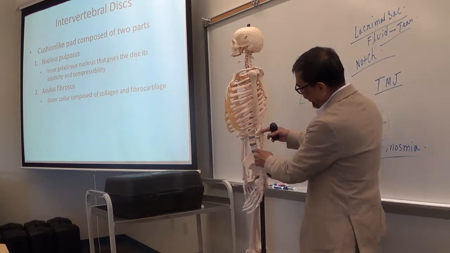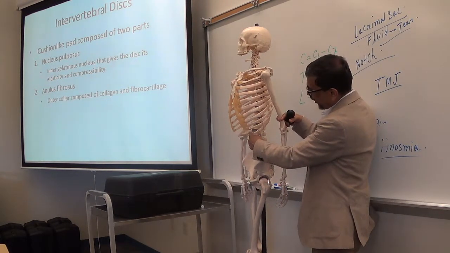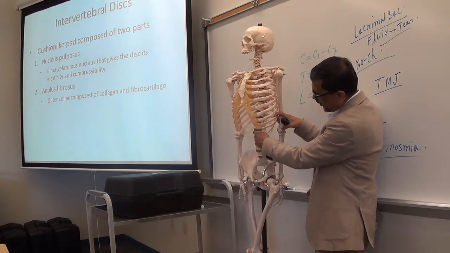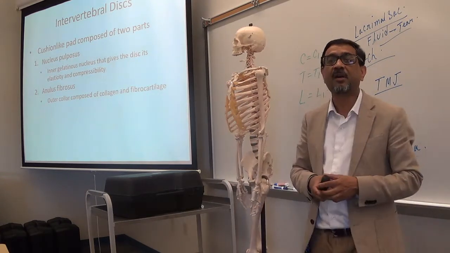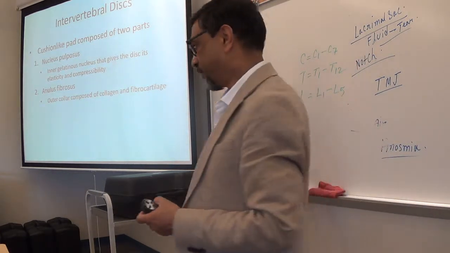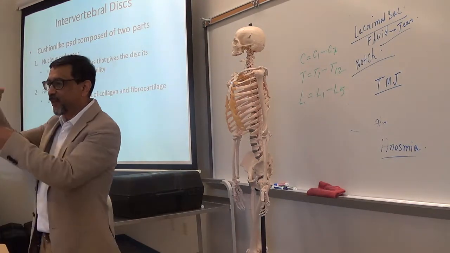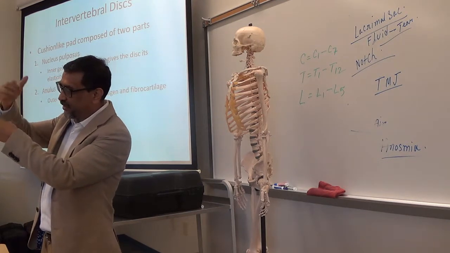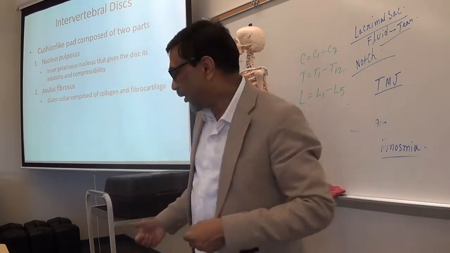The vertebrae are, in between the vertebrae, you will see cartilaginous structures. These are the cartilaginous structures called intervertebral discs. Inter means in between, right? You say inter, in between vertebrae. So the disc, cartilaginous disc between vertebrae. Now, intervertebral disc,